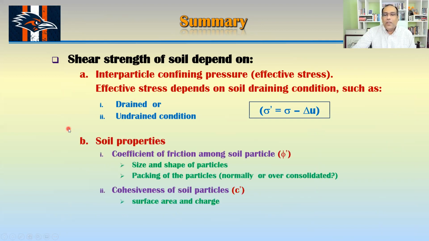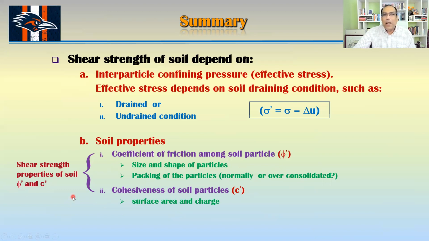And the second thing is your cohesion. That's actually the soil property. The coefficient of friction among soil particles, called phi or phi prime, depends on the size and shape of particles and the packing of the particles, which is normally in an overconsolidated soil. And the second part is the cohesiveness of soil particles. Actually, that's the c prime, which depends on the surface area and the charge. So these soil properties, this one and this one, we call the shear strength properties of soil, phi prime